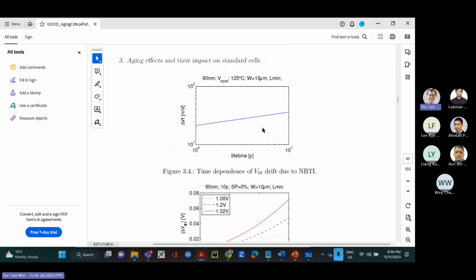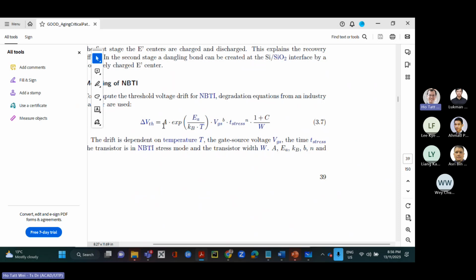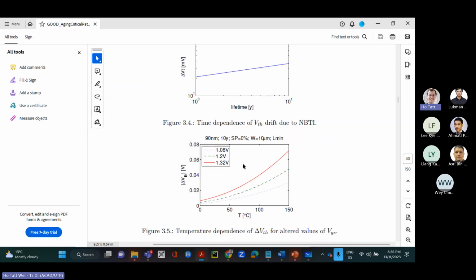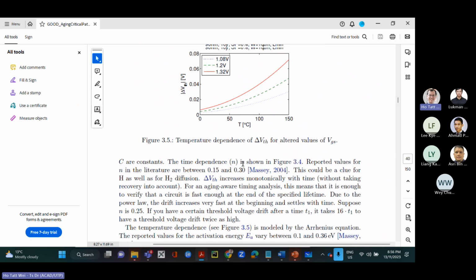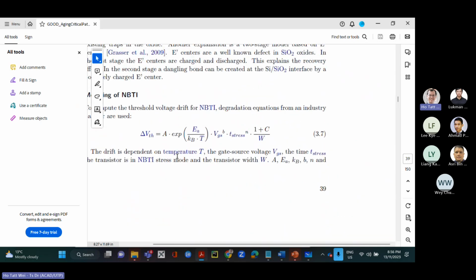And then for A and for C, you can just assume something, or you can just say it's proportional. You just let your VTH be some portion of A, that's fine. Or you can read up and see if there's any value that's suggested. But these are probably experimentally determined values.